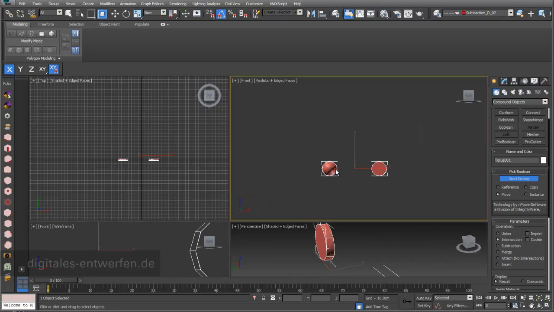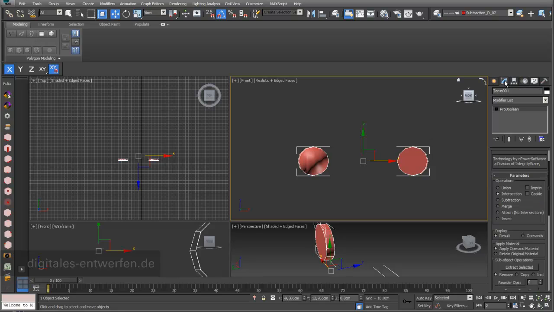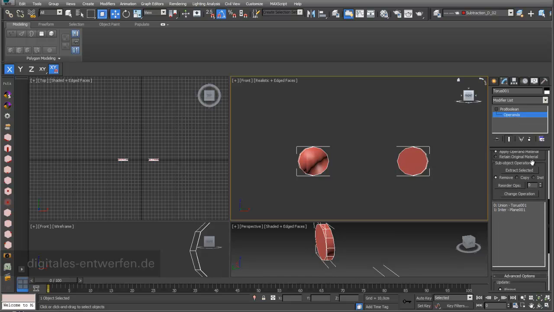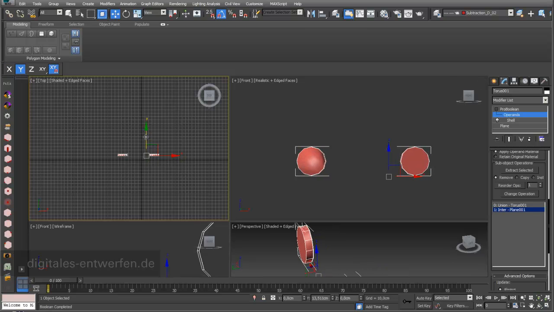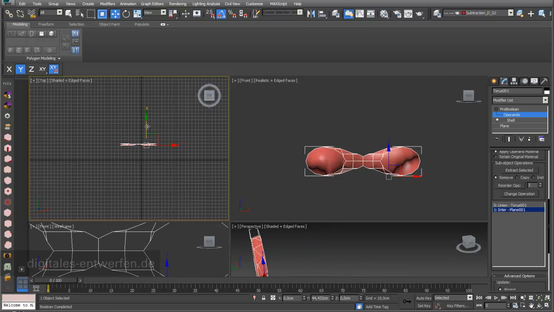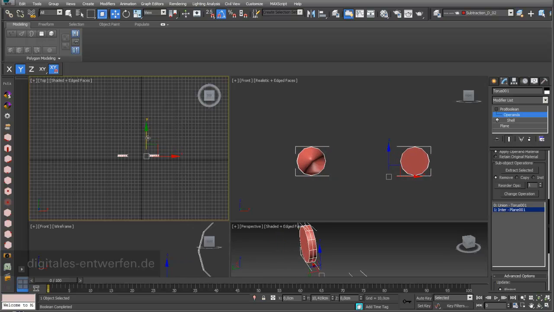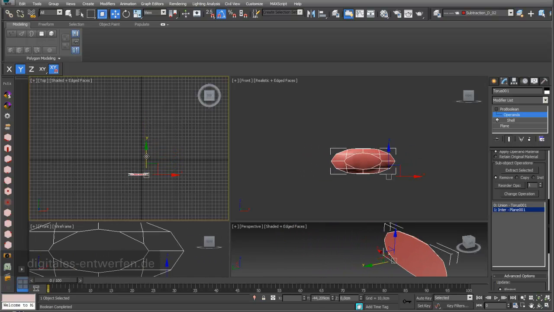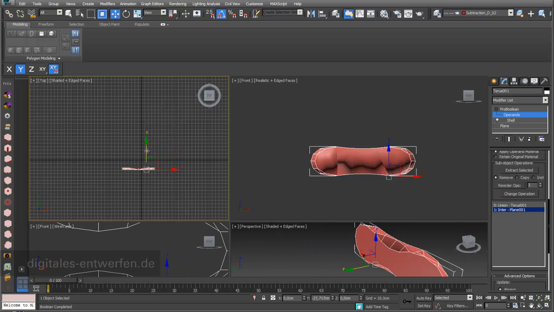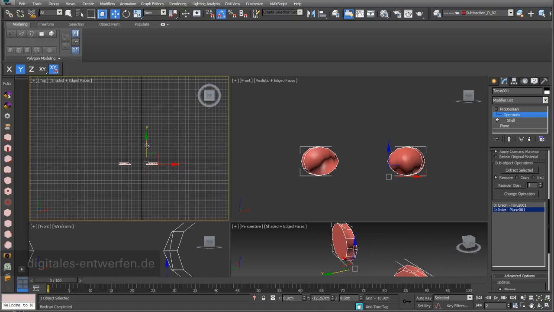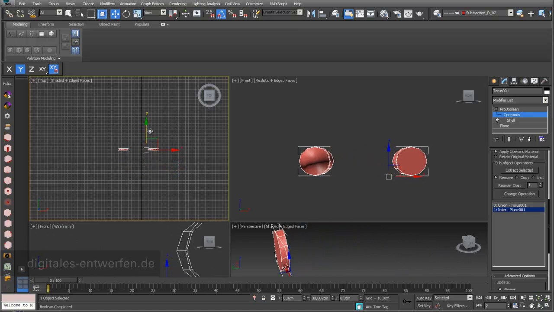Okay, and what you can see is you can already see that there are a little bit of weird shades here, and it doesn't look too good. And if I move this object, if I go into operands and now I move down and choose my plane, then I can move it, and you can see that it's struggling a little bit also in terms of geometry. Sometimes there are weird creases and ridges there, and it really depends on how complex your object was. And if it happens to you like this,